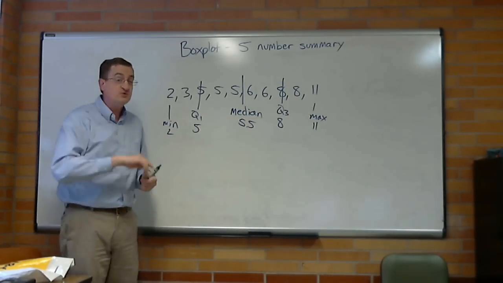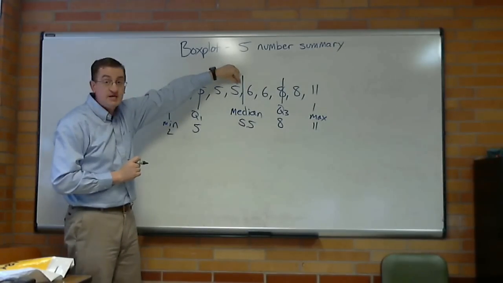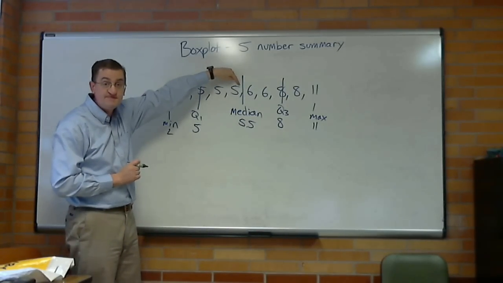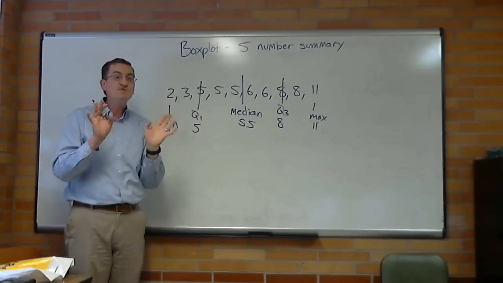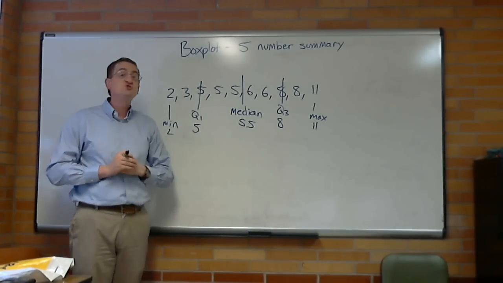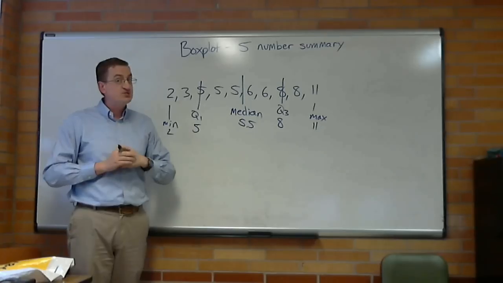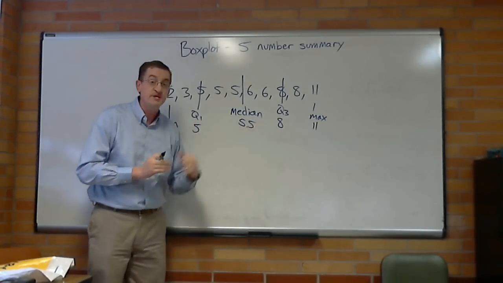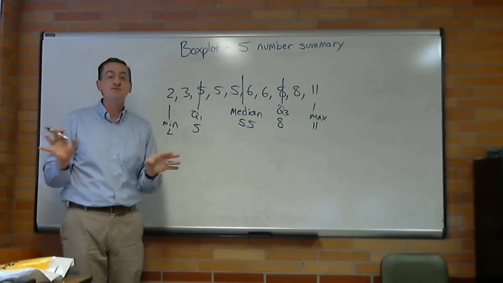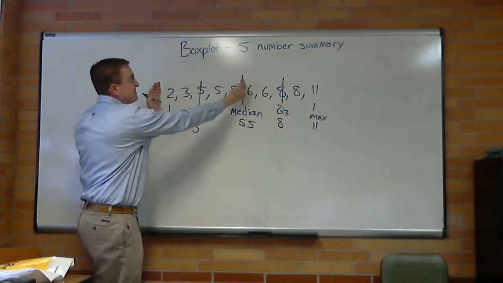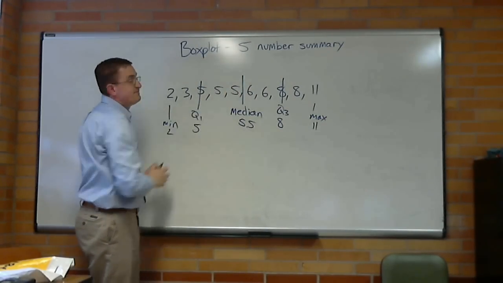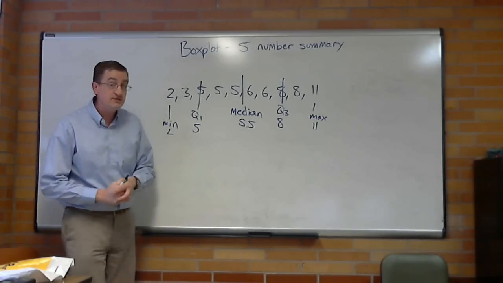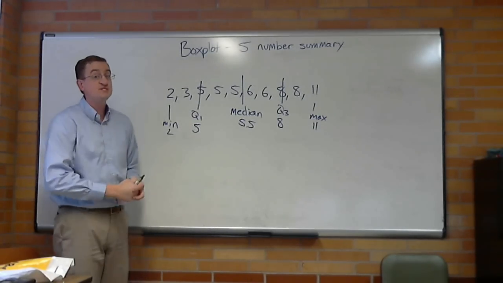Now, one special note. Some calculators, like a TI-83, will worry about the space between the 5 and the 5.5, and they have funny ways of doing these things, and so you may get a different answer if you put these numbers into your calculator and ask it to tell you Q1 and Q3. In this class, we are using the simplest of all the rules. Just take whatever was to the left of the line and find the median of those numbers. So don't use your calculator to do this. Do it by hand and do it simply.